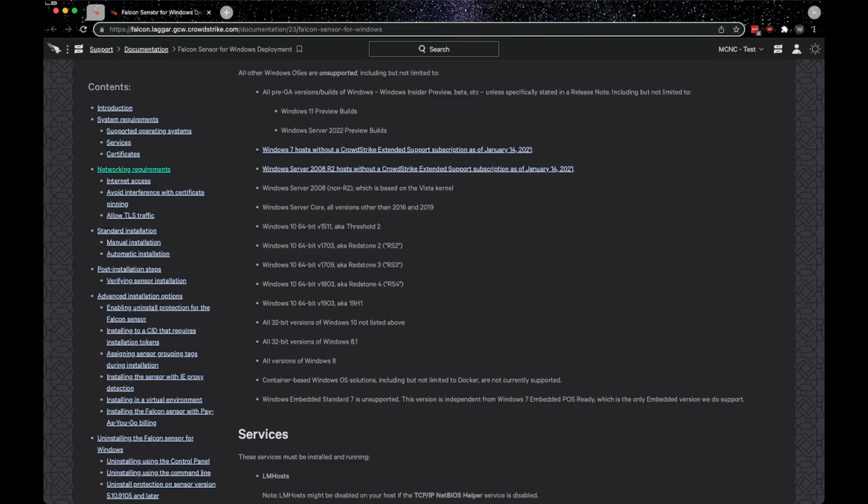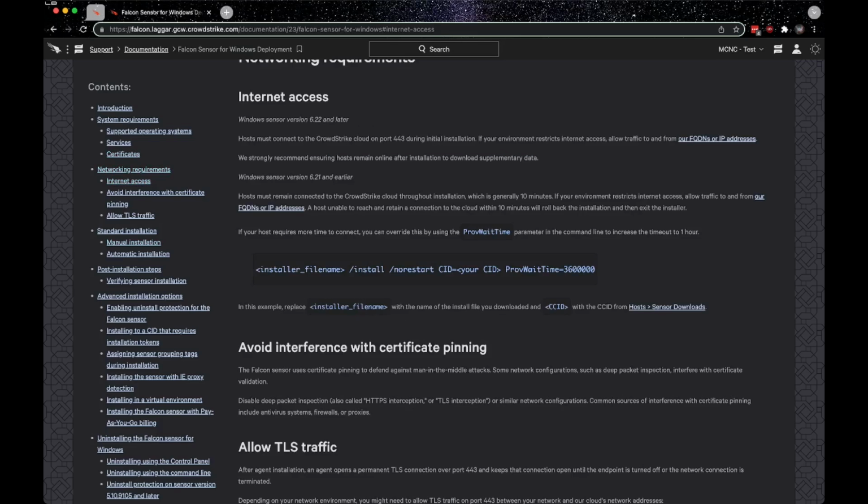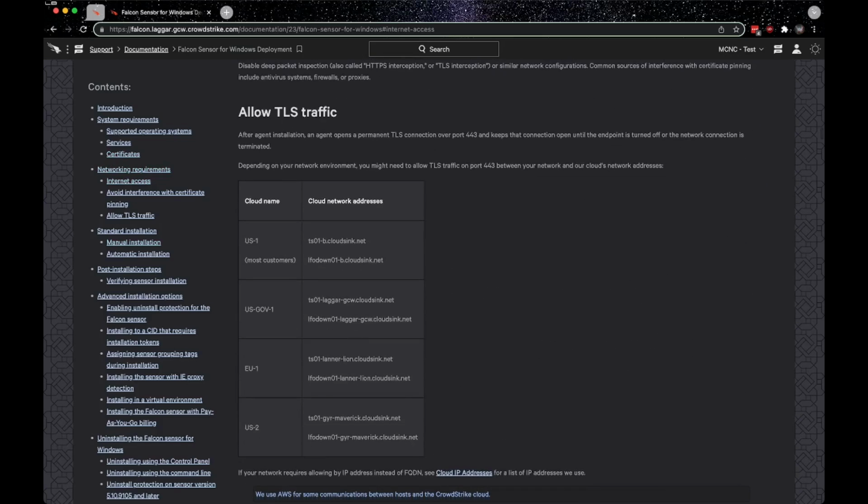There's a bunch of information in here, such as the network requirements. So, of course, we have two URLs that we want to make sure we can access here. We access those over TLS. Try not to do any TLS interception, decryption, encryption with those if you have that in your environment. Add these two URLs to your permit list. Keep in mind we are US Gov 1, which is important because that is our FedRAMP certified cloud that we're